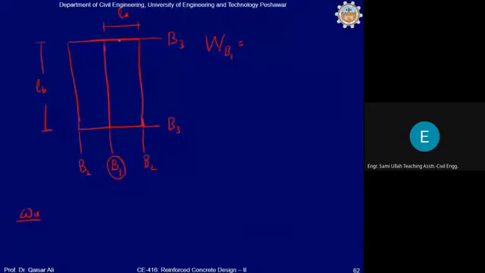You know that half span load will transfer from one panel and half span load will transfer from the other panel. So this will be equal to WU into LA by 2 into 1